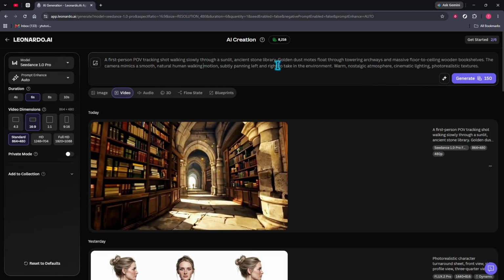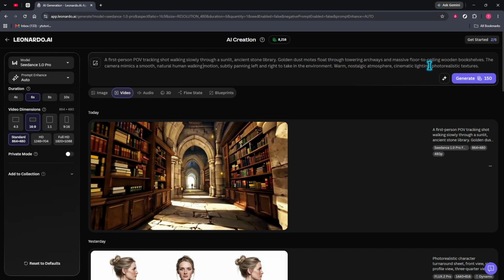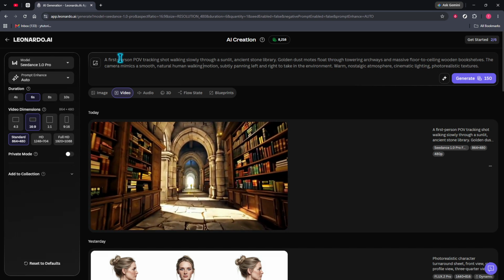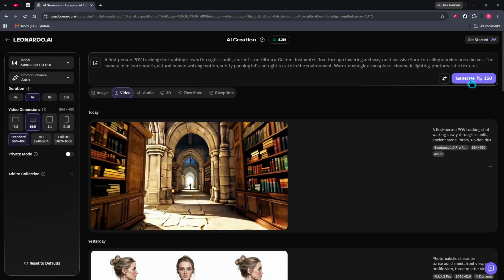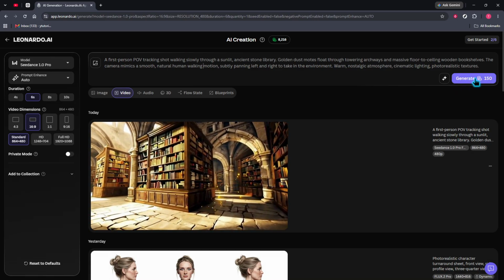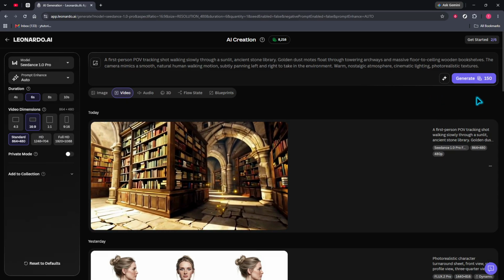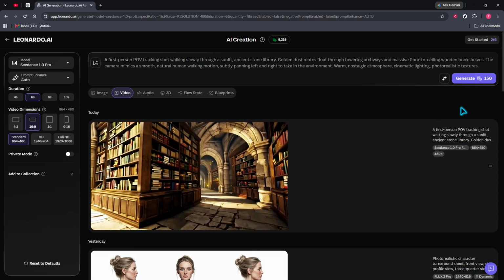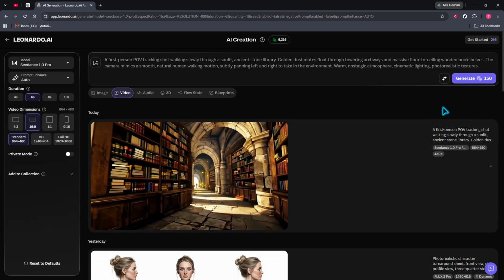Be as clear and descriptive as possible so the model understands the scene, style, and motion you want to create. Finally, click Generate and let Leonardo AI create your video. If your first result isn't exactly what you wanted, try adjusting the prompt or references while keeping the same low token settings to stay within the free